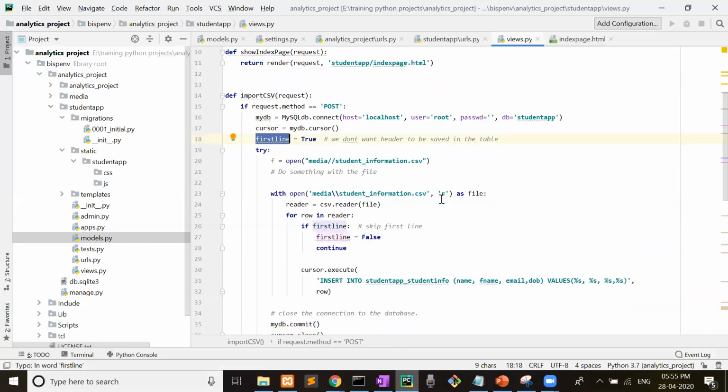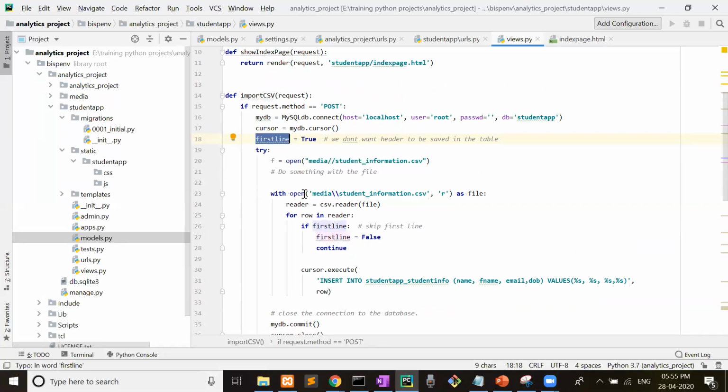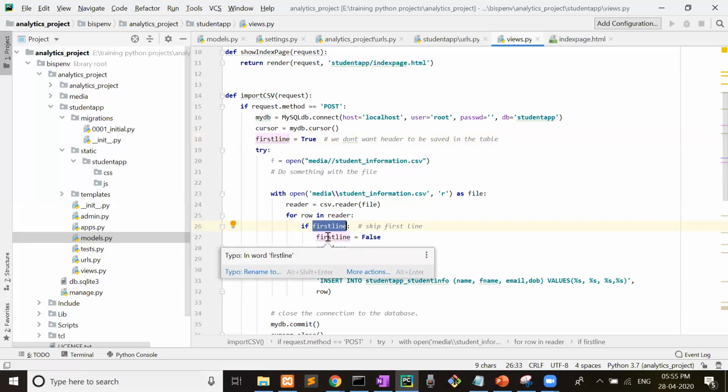That is why first line equal to true is written here. This is a variable, first line equal to true. If first line equal to true, yes, it is found true, then make it false and continue from here. That means the first line will be skipped and never entered. That is the concept of this first line variable.